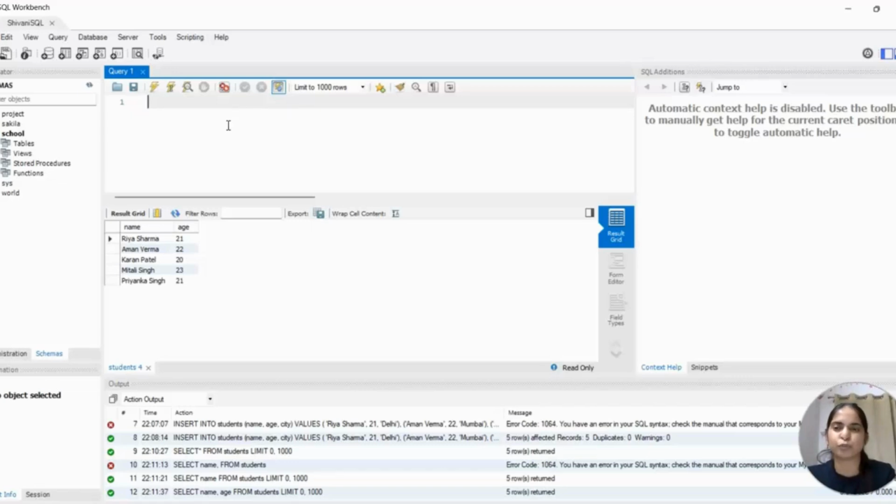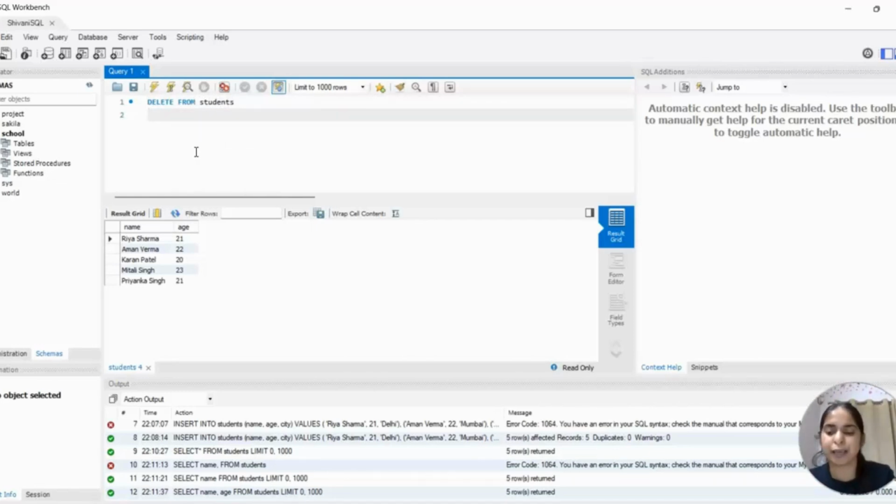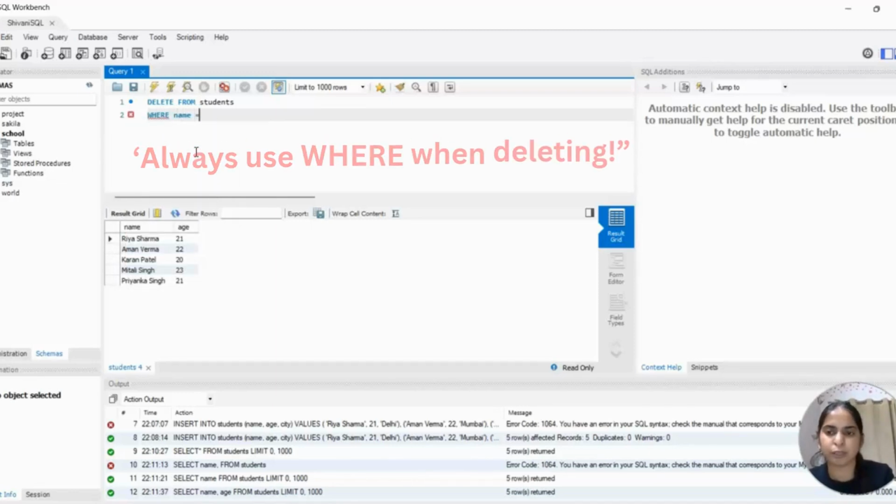Suppose we want to delete Aman Verma's record from the table. So we will write the query: delete from students, and where name equal to Aman Verma, right?